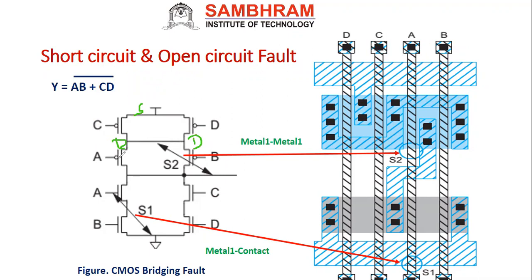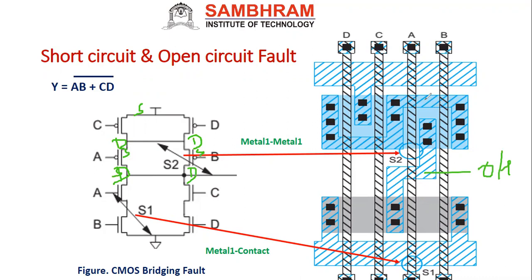Next, you assume both are drain, just to make an assumption. Whether you take it as drain or source, I can say source, I can say drain. Actually, this is drain. Now A drain and B drain are also short circuited. This is A and B drain, and this line is nothing but your output.